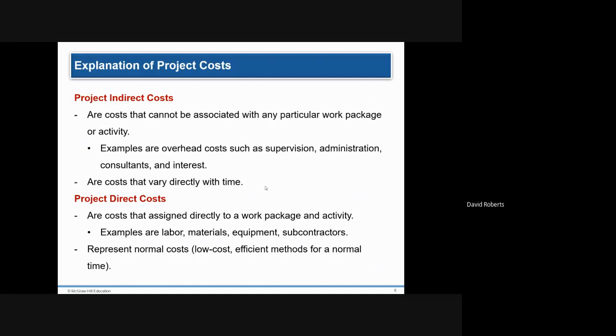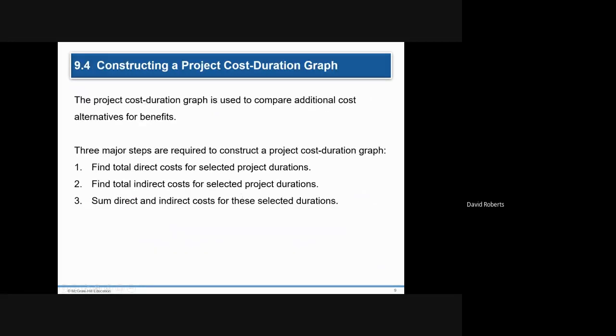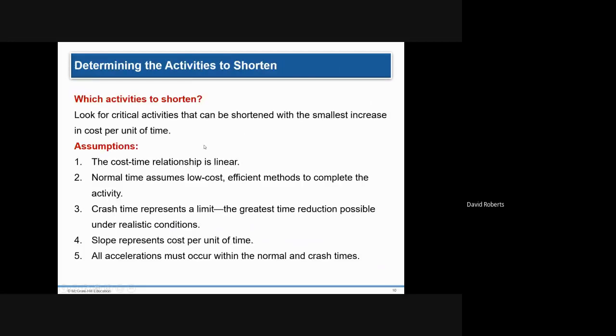Heating for the room. Direct costs would be, for example, the direct labor, any materials that are consumed in a regular classroom, either chalk or felt or things along that line, or paper if you have a paper test. So in this particular case, you find the direct and the indirect costs, and you total them. Fairly straightforward. Which alternatives to shorten, or which activities to shorten?